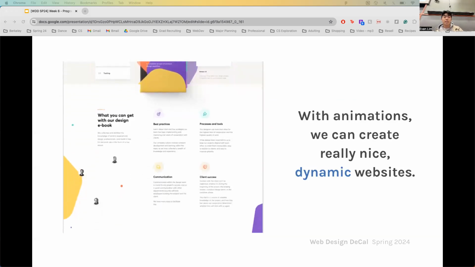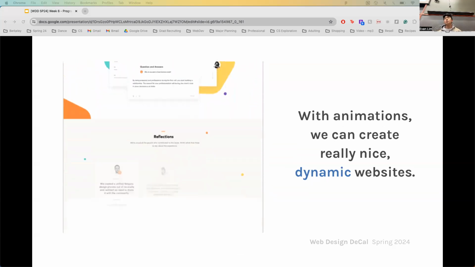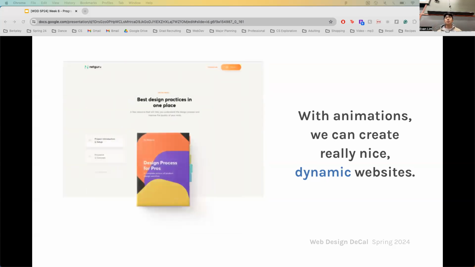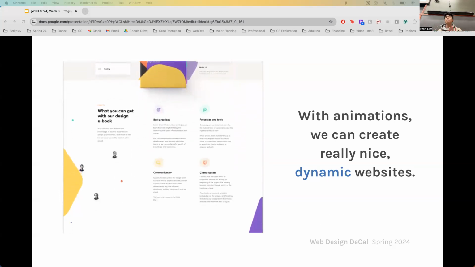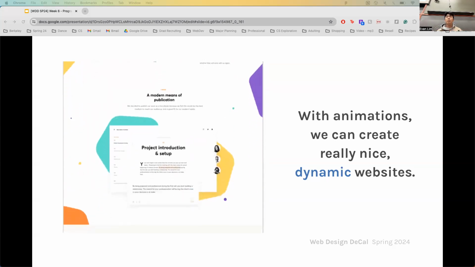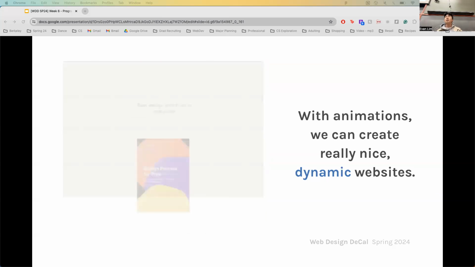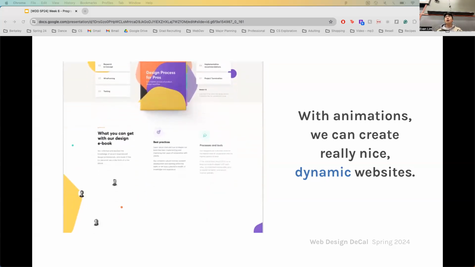Okay, so going back to CSS animations, pretty much what we know so far, we're able to create the structure of a website. We're able to style it. We're also able to add hover effects, right? So we have a tiny bit of user interactivity, but for the most part, our websites are pretty static, kind of lifeless, right? But hopefully after today, we'll learn something that can bring a lot more life and motion to